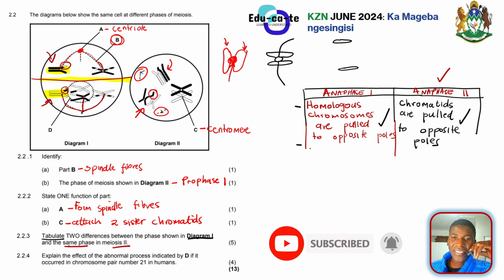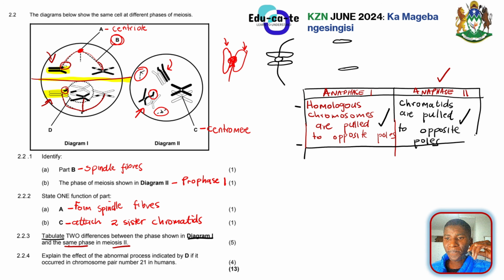Another difference here, you can look at the anaphase 1. Remember that during anaphase 1, we are separating homologous chromosomes. I repeat again, you have got one chromosome, it is homologous to another chromosome, okay, of the same shape, same size, and they're lying at the equator during metaphase 1, right? When it reaches anaphase 1, what will happen? They will be just pulled to opposite poles and they will just move independently. One will go up, one will go down.